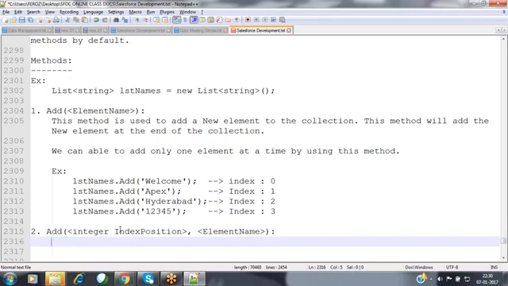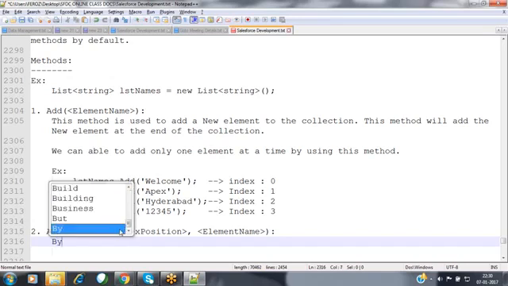In this add method, we have to pass two parameter values, nothing but two input values, where the first parameter describes the index position at which you would like to add the element, and then the element name, which element you would like to add.